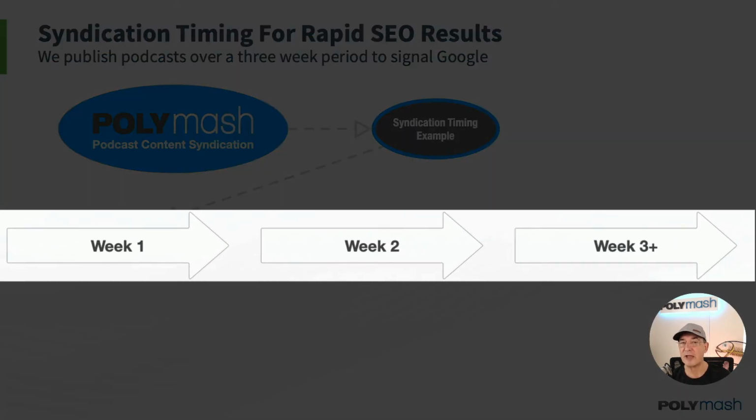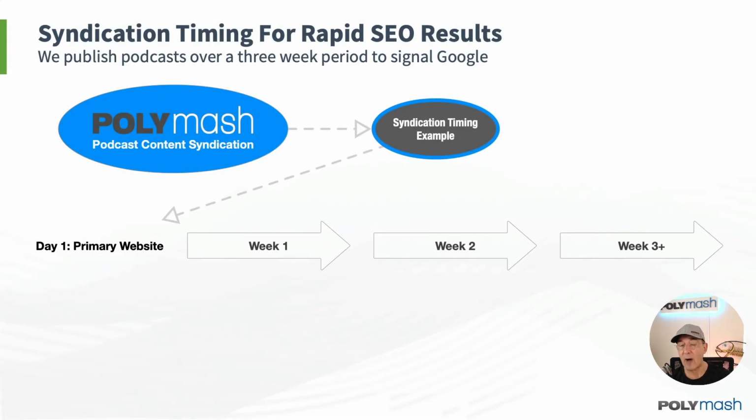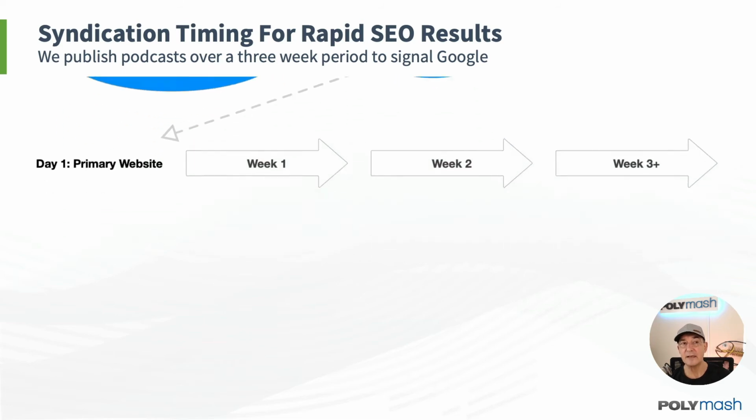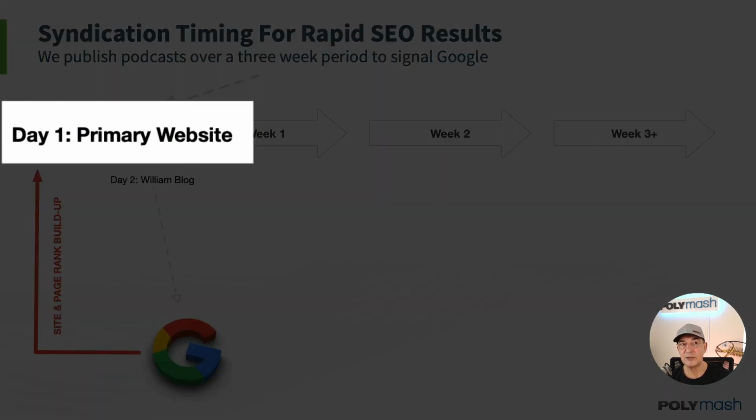So we don't publish everything on day one to like 30 or 40 websites or 10 or 15 websites. We're trying to drip this out over a period of time. Now you may ask why, and there's a good reason for that. So on the first day, we publish to the primary website, and then this is an example schedule. We customize these schedules depending on what platforms our clients are interested in or already have.